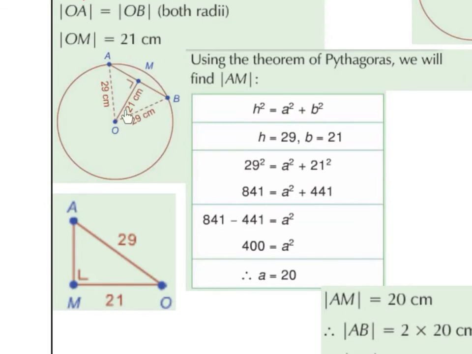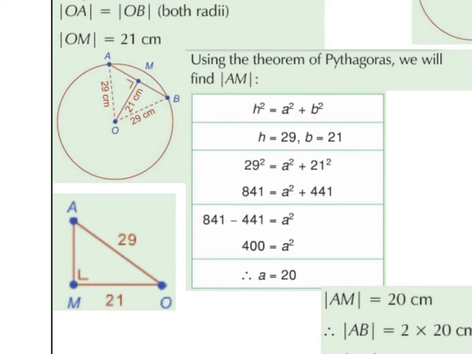So if we just take one of these triangles and draw it out separately, we're going to take AMO. So we're taking this triangle here on the left hand side, and we're just rotating it so that the right angle is at the bottom. So we know that the radius is 29, so from O to A we have 29, and we know that from O to M we have 21, so we have a base of 21 on our triangle, and we're trying to figure out what AM is. So this distance here from A to M. And if we find the answer to that, we just multiply it by 2 to get the distance from A